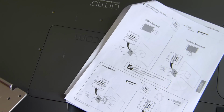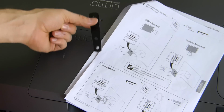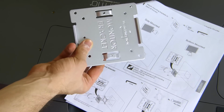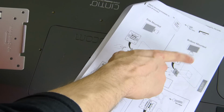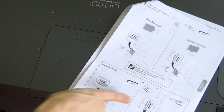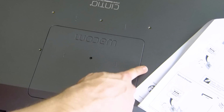Okay, so before I can really get into it, I have to attach the VESA arms that I previously used to the monitor bracket here. And now you can see this in the instructions, and it says just to attach this plate to the monitor, or it says to use the optional extender here. However, the Wacom Cintiq is a 200 by 100